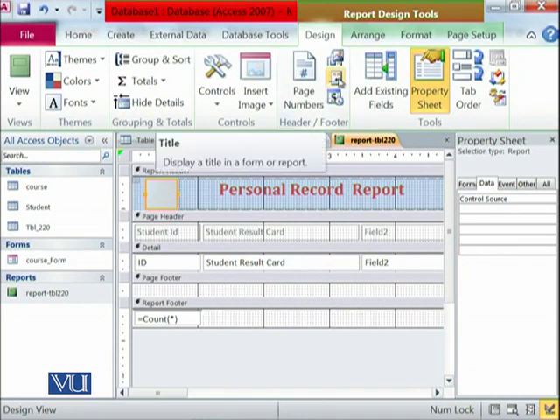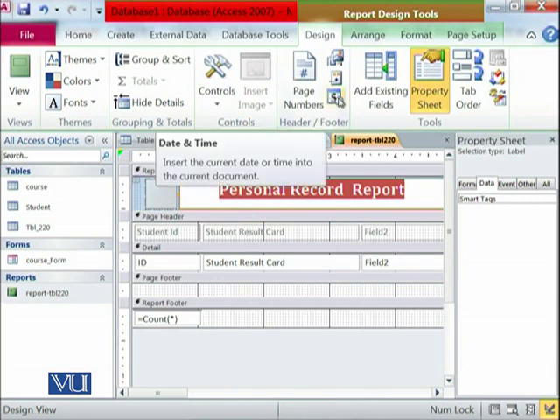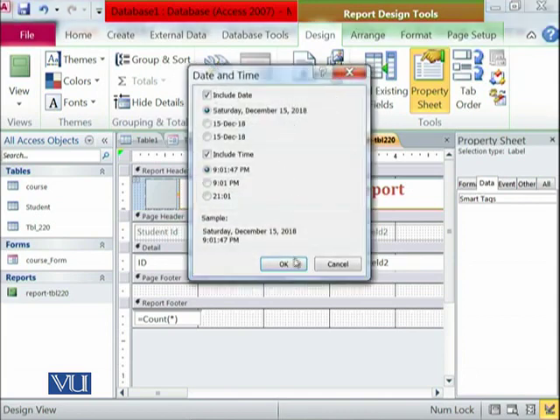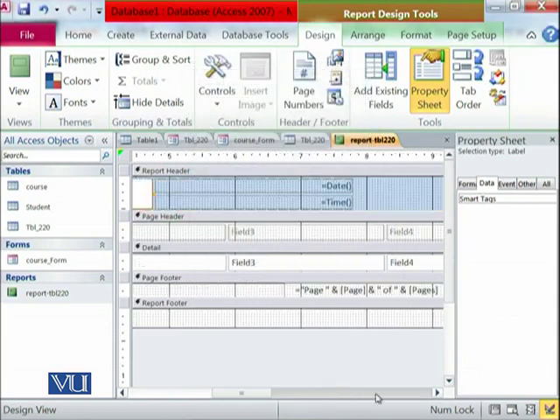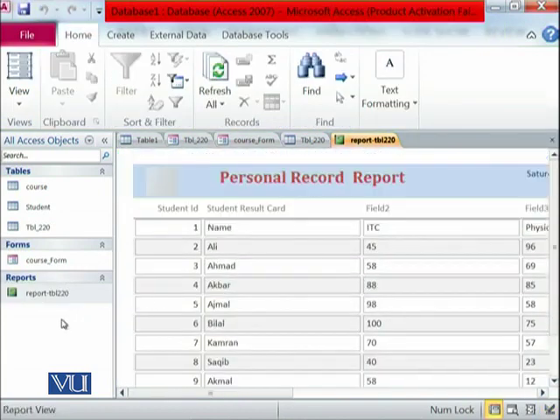And then I can also put in the title, which is over here, and other related things like date and time if I'm interested. So I have added date and time, and that is available over here. If I click on this, this is a very interesting report.